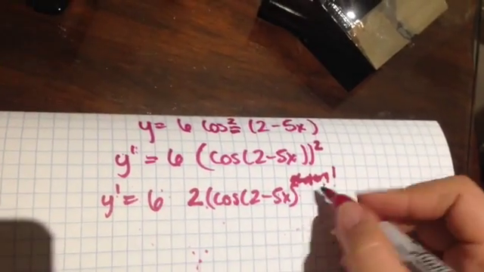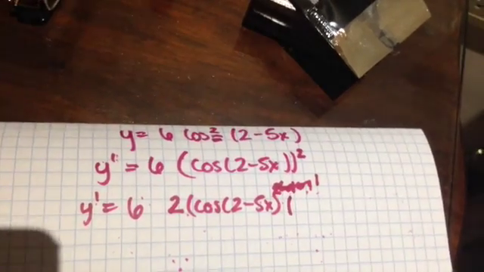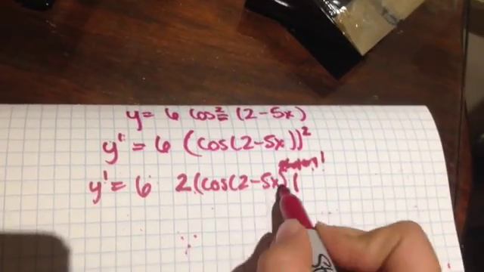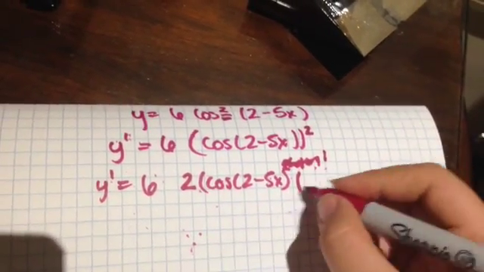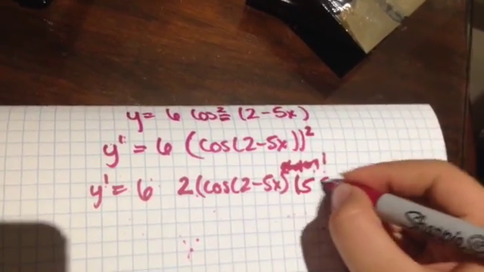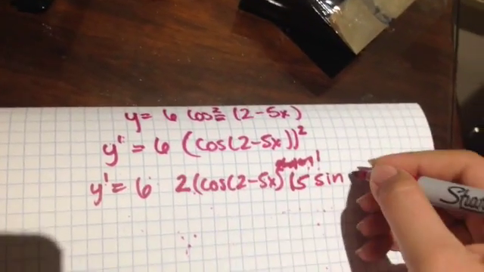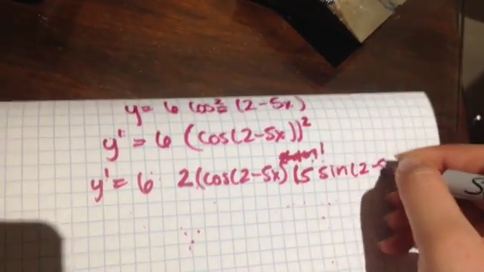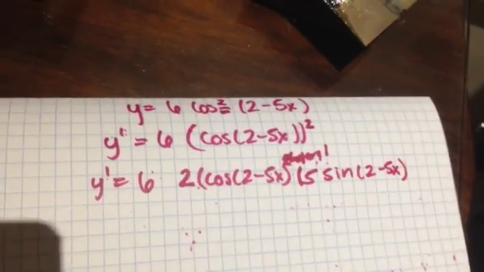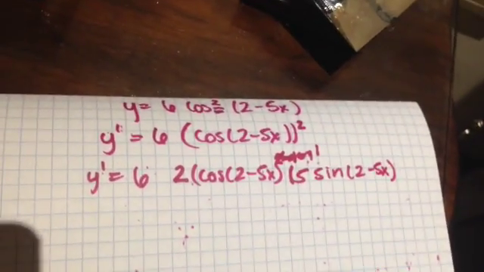Okay, so multiplying this, we're gonna put the derivative of the thing inside, which is this, and so we're gonna put 5 because it's the derivative of this. Then we're gonna write sin because it's the derivative of cos, and we're gonna copy paste this again. Very good. Now the only thing that is left to do is start simplifying things